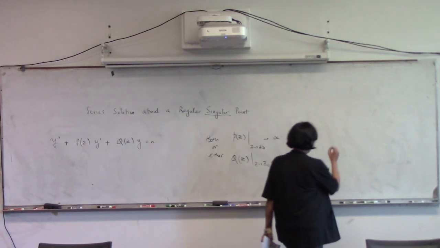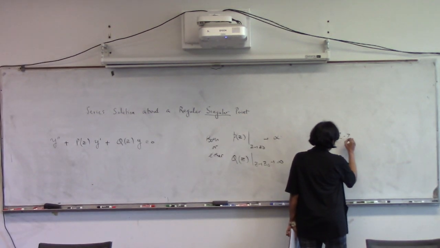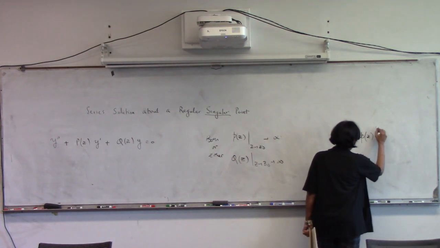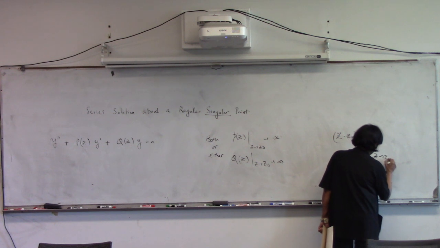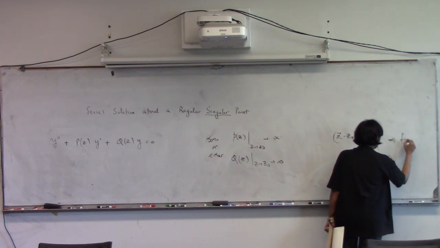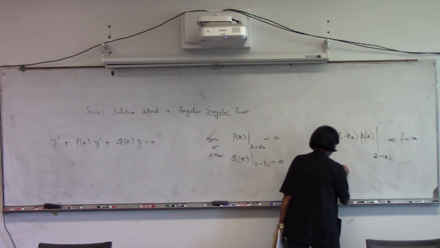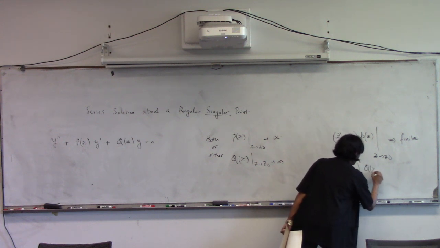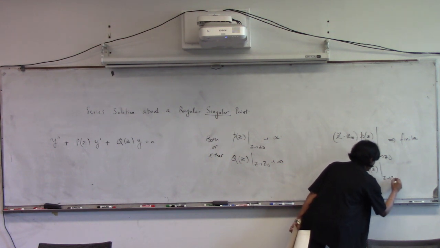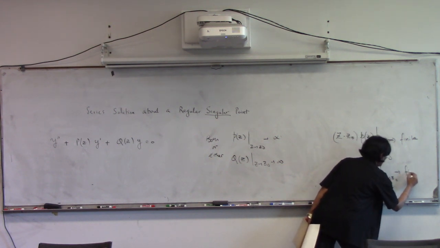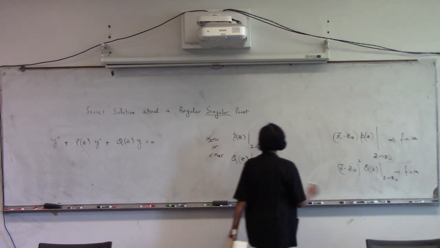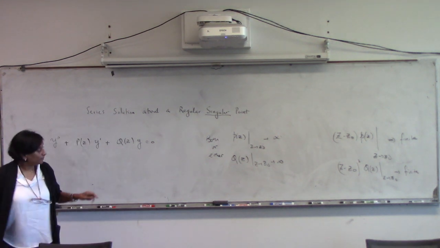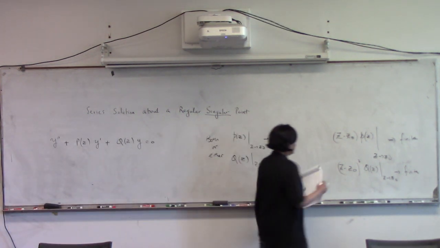Okay, which is a Fuchs condition: z minus z naught times p of z for z tending to z naught, if this is finite, and z minus z naught squared times q of z. Although these two blow up, if this condition is satisfied,